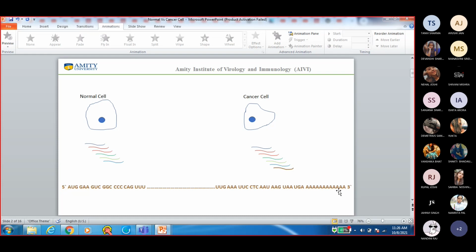Okay. Let's just say that this is the sequence of this messenger RNA. So this is called a sense strand. Every messenger is a sensible message, right? Because the moment you introduce a nonsense codon into this, it stops, right? So every message is a sense message. Suppose I come in with an oligo sequence which binds to this and makes this a double-stranded one. What will happen?